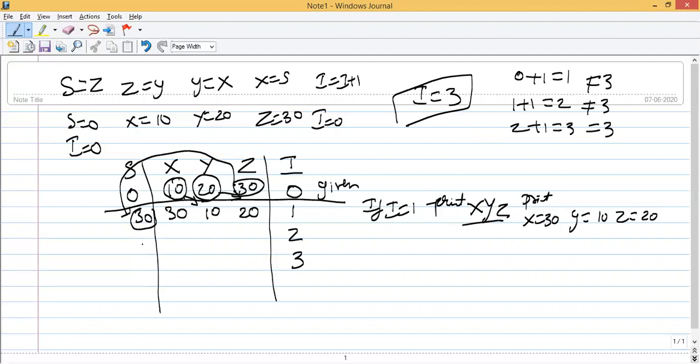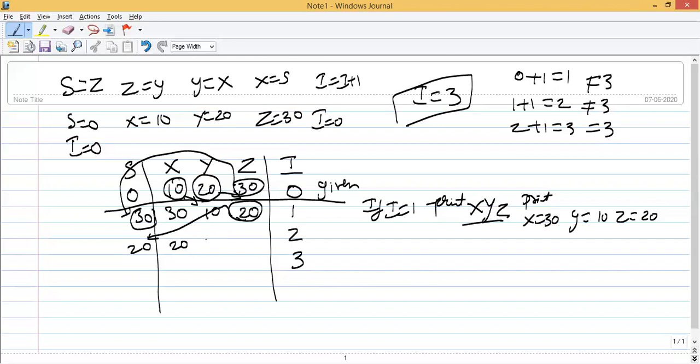Now let us rearrange. Okay, S is equal to Z. Correct? So Z in the first scenario, we put it 20. Now this will become S now, which is 20. X is how much? X is equal to S. So always X is equal to S, also 20.